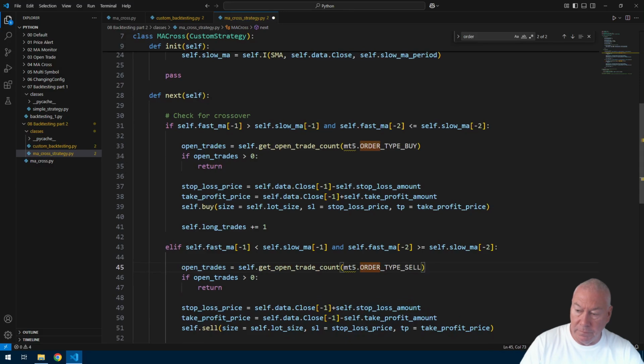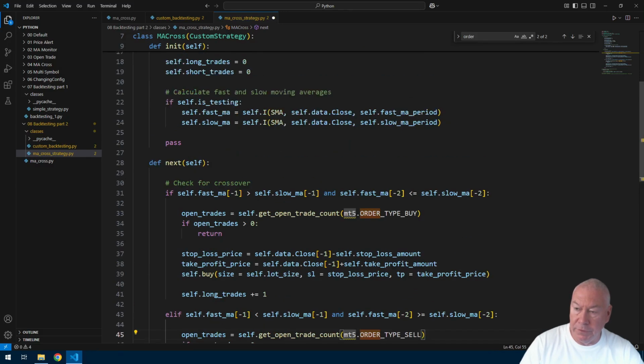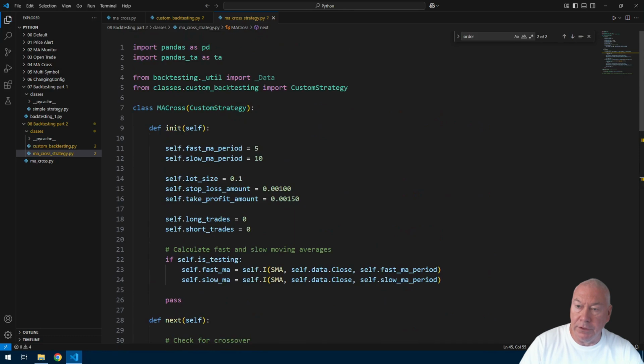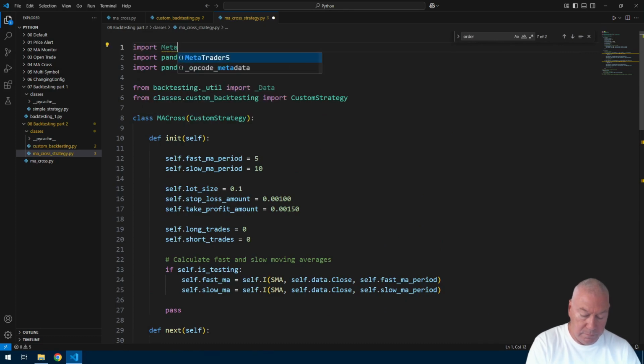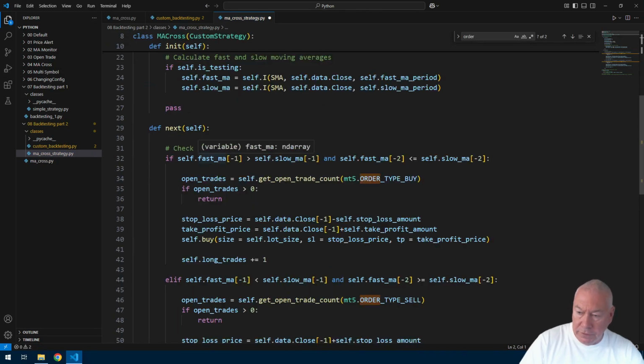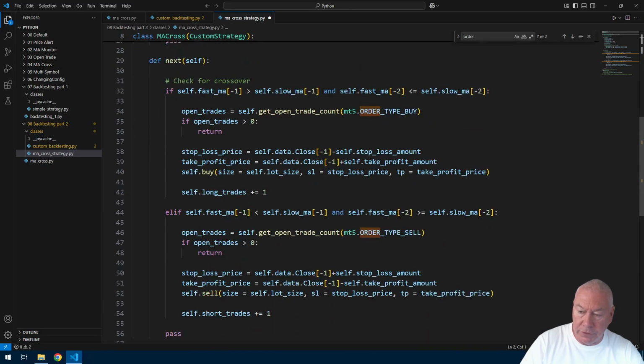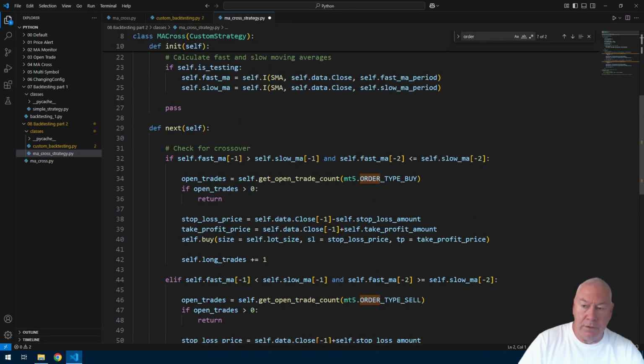And the same for the cell. I'm getting an error on MT5. I think, yes, I need to import Metatrader here as well. So that's the change. I believe that's everything I need inside the check for crossover section, which is basically the